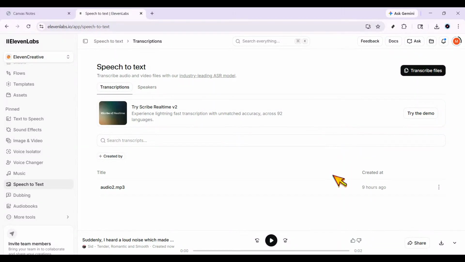In today's video, I'm going to show you how to automatically transcribe audio to text with 2 or more languages using ElevenLabs Scribe. This is a super useful workflow if you work with interviews, podcasts, lectures, voice notes, or any recording where people switch between languages. Instead of manually cleaning everything up, Scribe can detect multiple languages for you and turn your audio into accurate text